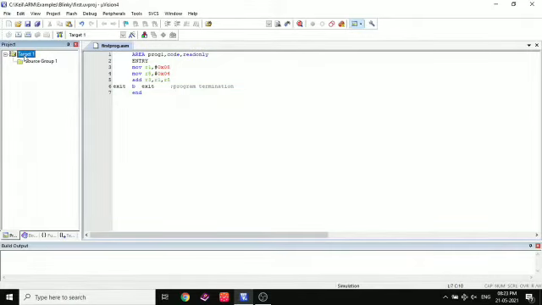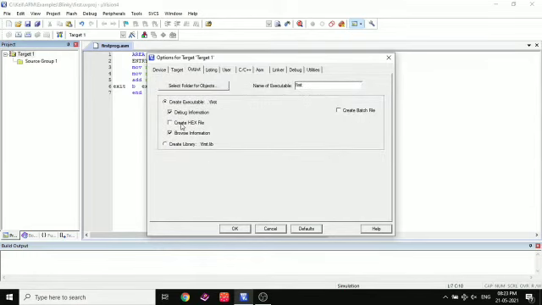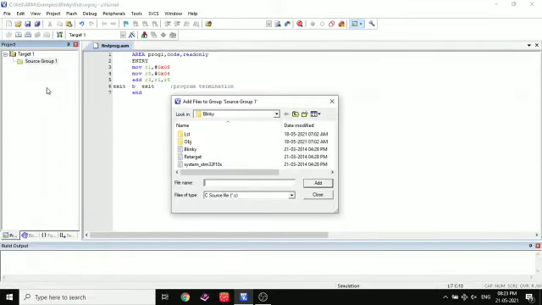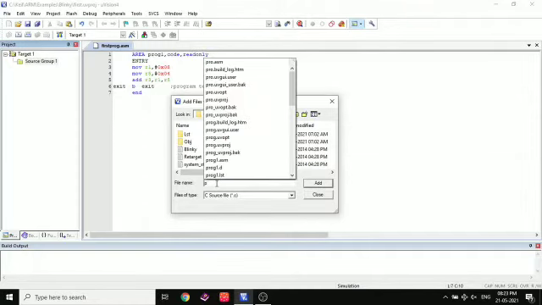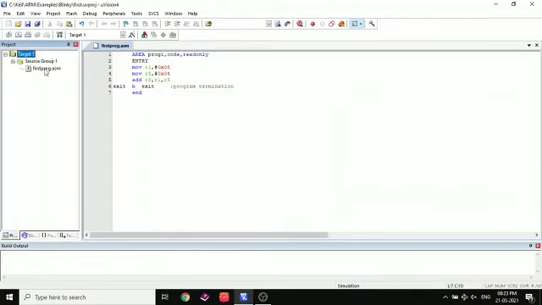Press the right mouse button on the target and choose the options, and go to Output and check the hex file, and click on OK, and go to that source group and click on Add Existing File and search for your program in there, and then click on Add. And close the menu. Now you can see that your file is attached to the project and you are ready